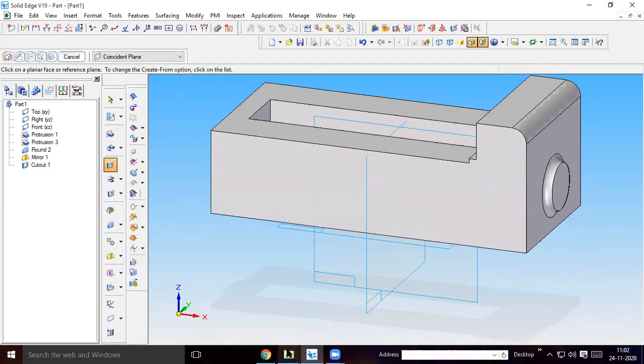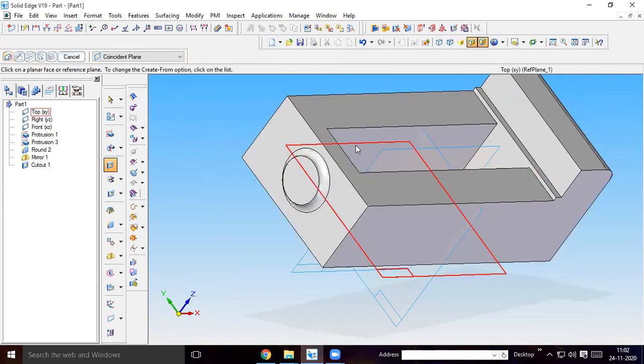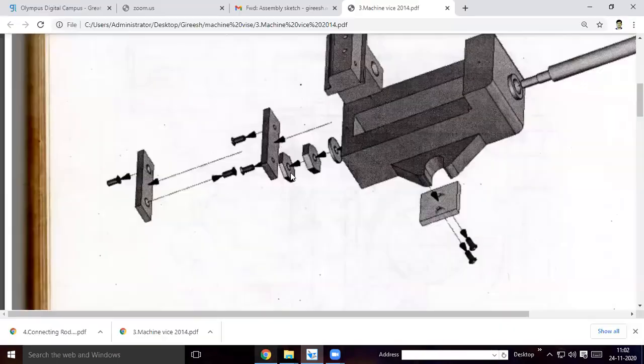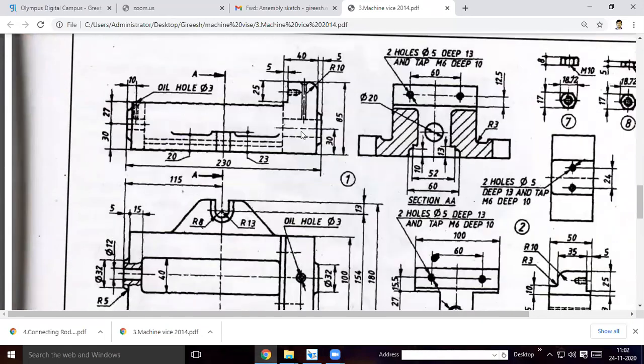So then what else do you have to do? As I told you, here you will have a 20 mm hole up to this surface. From here you will have a 12 mm hole through this surface. Okay, see the drawing. So here you will have a 20 mm hole. The dimension of the hole is given here on the side. You can see this hole in the top itself. The dimension is given. Okay, take that part.